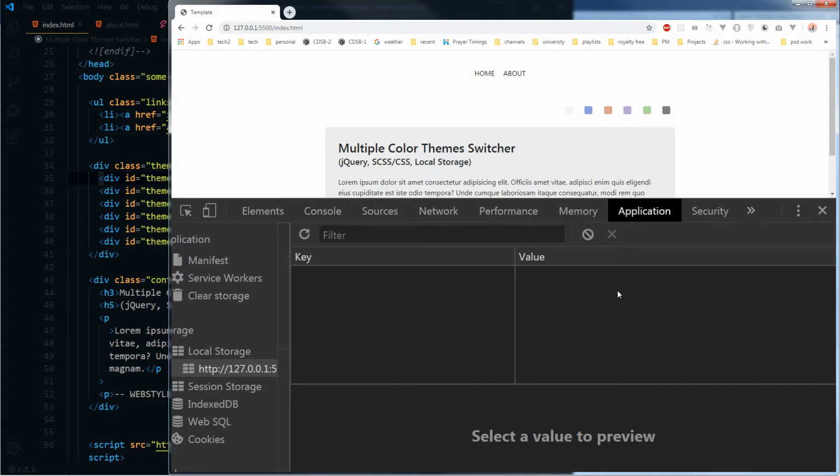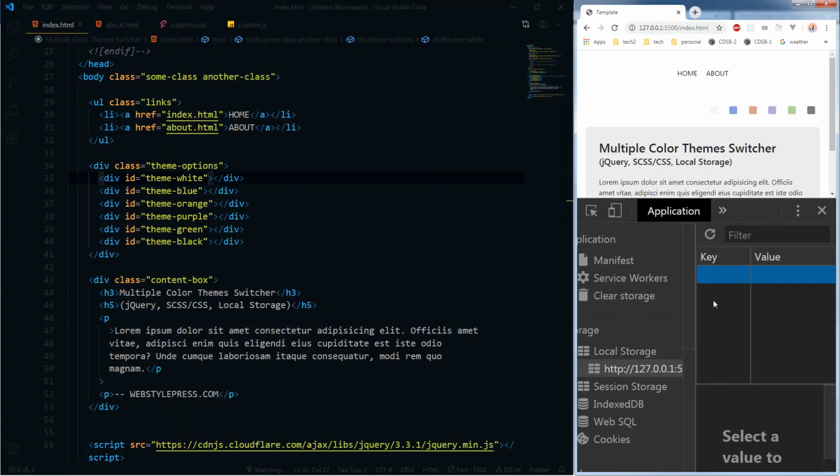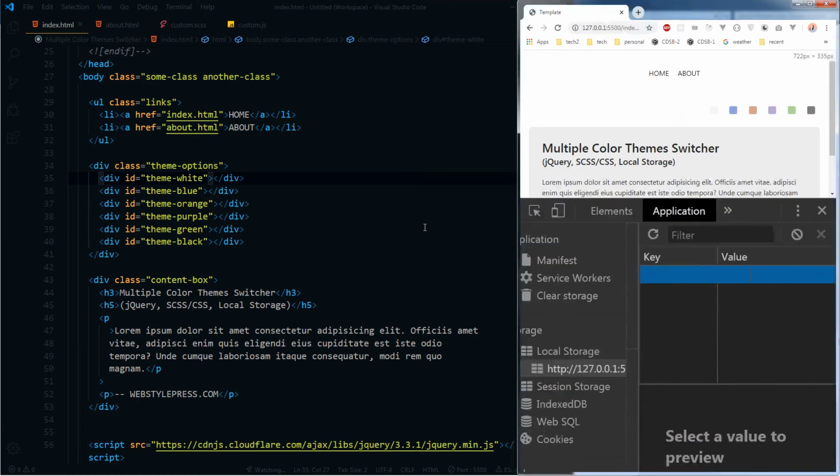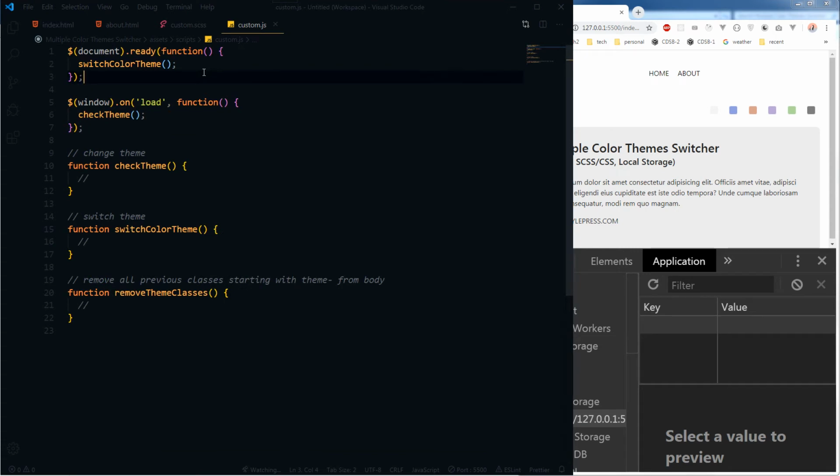Because local storage will persist, and it will be there unless it is cleared, the theme will remain stored and will represent a consistent experience to the user. So we will make use of this local storage heavily. So let's go to our scripts file and apply this functionality to it. Okay, so at switch theme color,